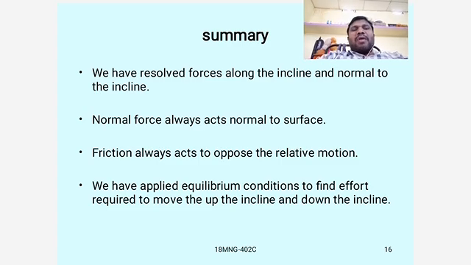We have applied the equilibrium condition to find the effort required to move